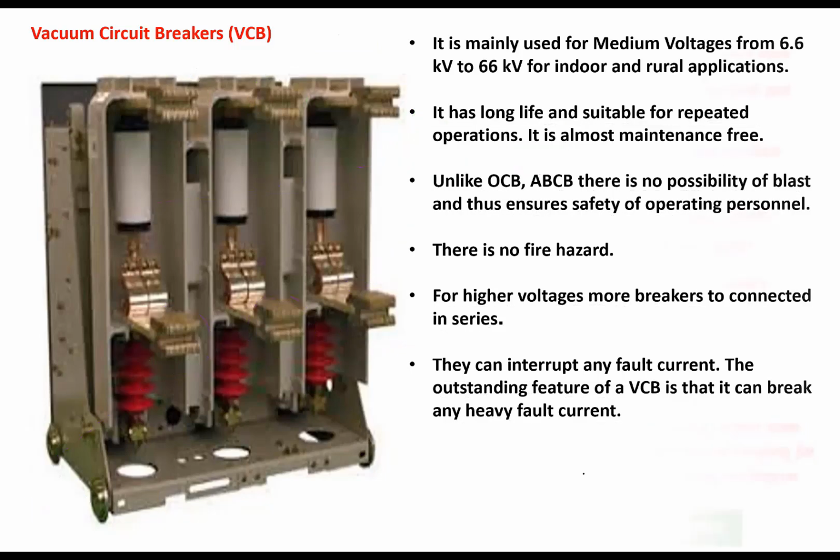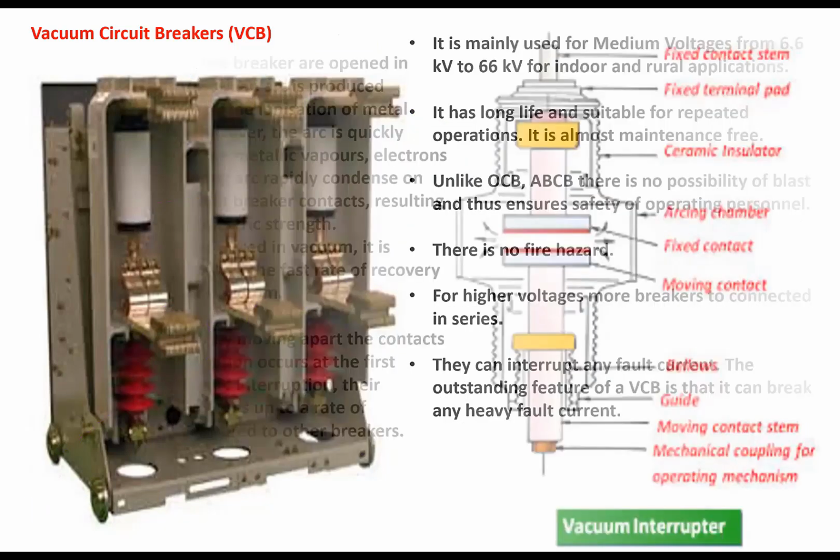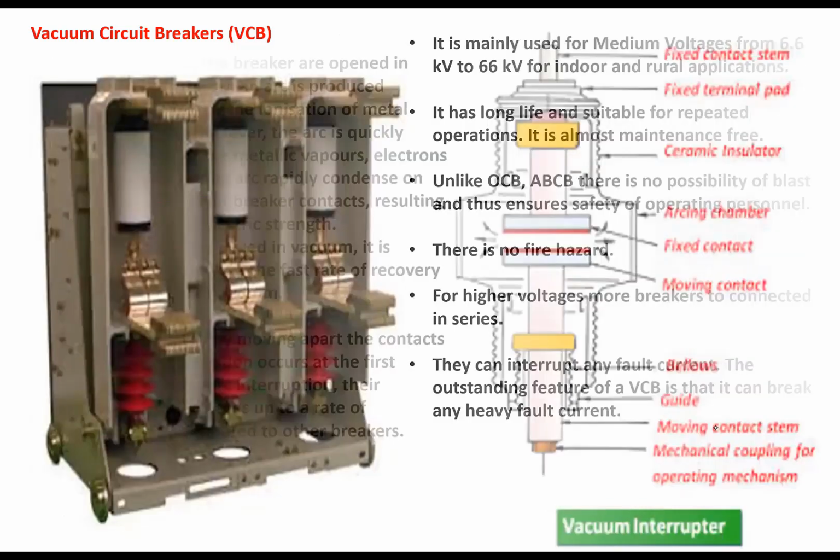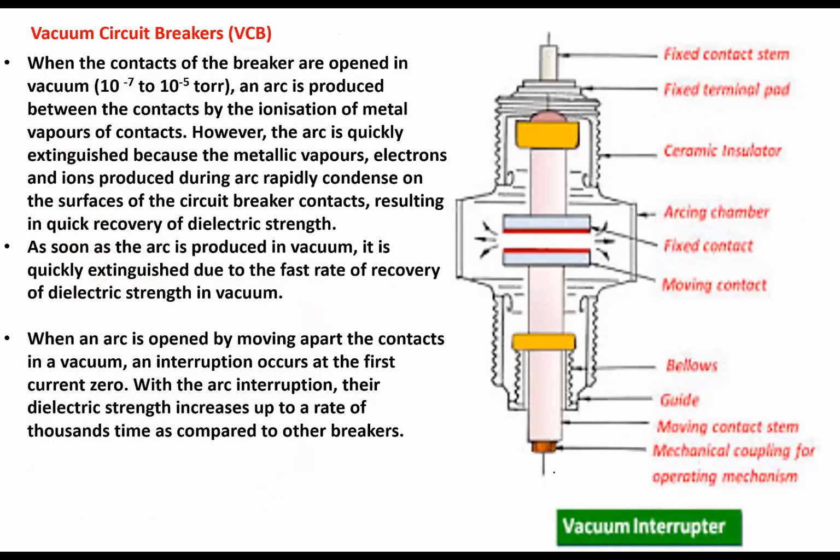Understand? So if this is the vacuum chamber, this white portion in this image, if you see inside, this is the vacuum interrupter image. The fixed contact is connected here, the top contact in this fashion, and here the moving contact is connected. So this is the chamber where the separation and arcing will happen, vacuum chamber.